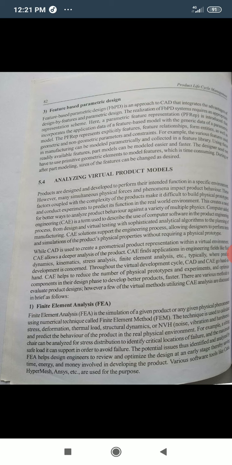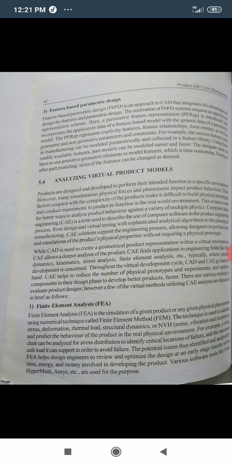CAE solutions support the engineering process, allowing designers to perform tests and simultaneous simulations of the product's physical properties without requiring a physical prototype. This is the advantage of using computer software for testing or analyzing the virtual products which have been prepared using 3D software.